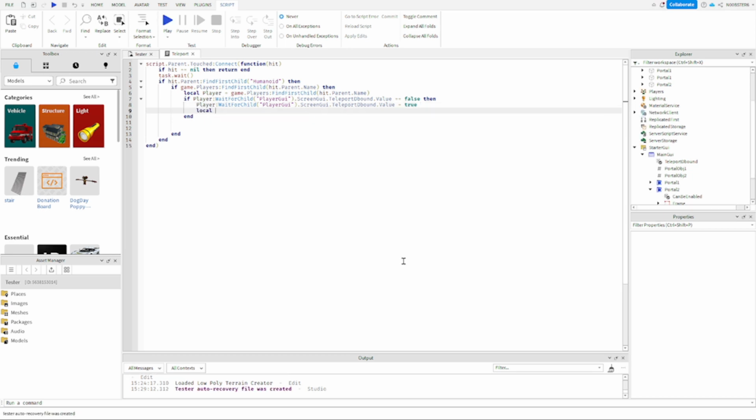Then local part to C-frame is equal to script